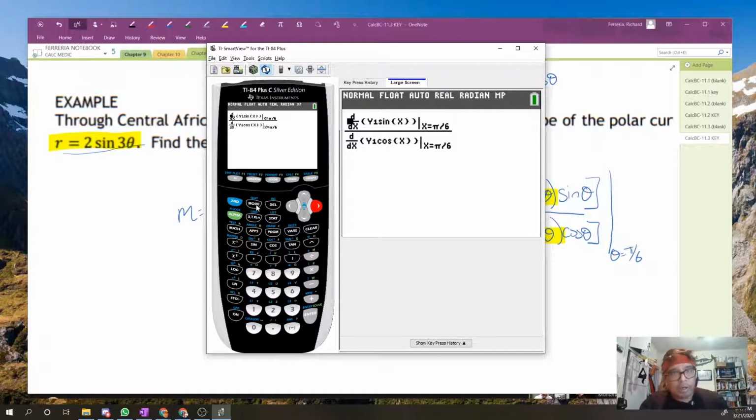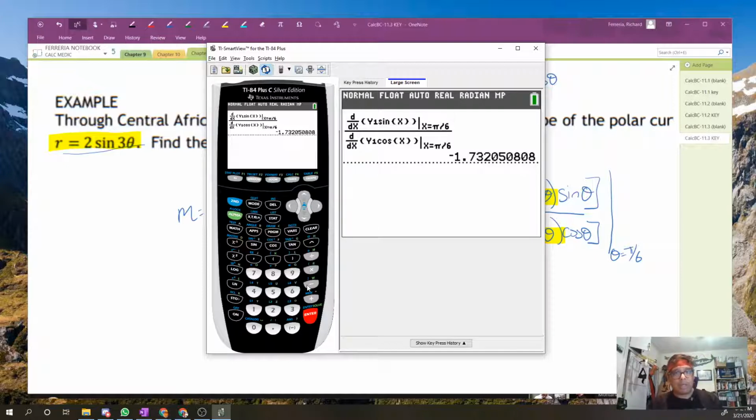I've got the derivative of r cosine theta when theta equals pi over 6 on the denominator. Push enter, remembering that y1 is where I stuck the equation for r. Push enter, boom, negative